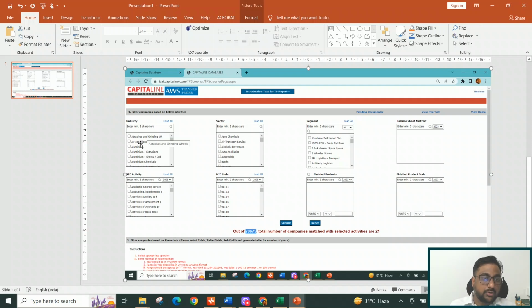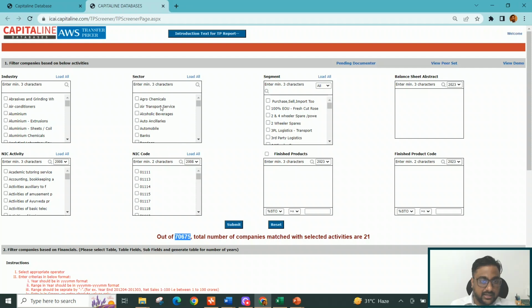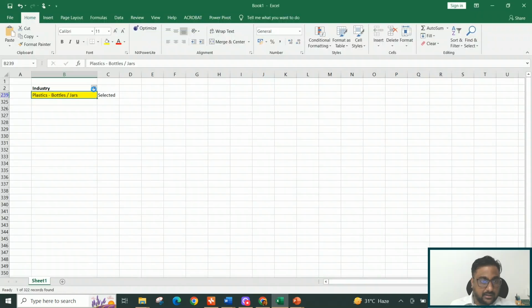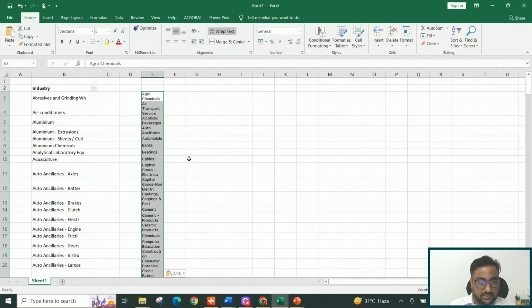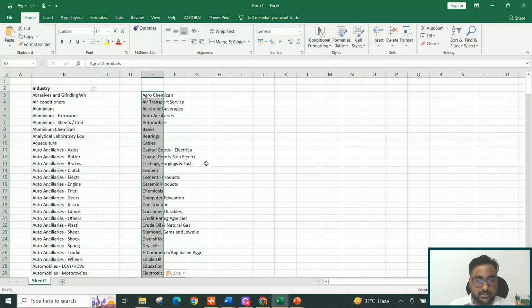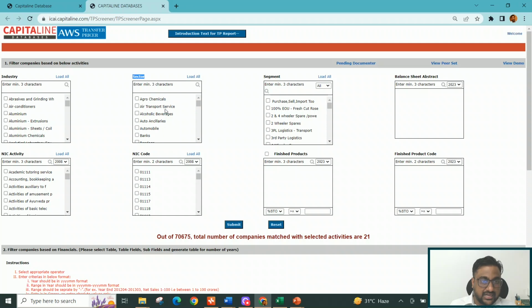right, from that particular module. Now in a similar manner, I will again go here to sector. I will select all the keywords, right? If I do Ctrl+A, no, it will not work. So I'll have to select from here till here, and then again I'll go to the Excel file. Here I have already selected. Now I'll unfilter that, and then afterwards I will copy paste the other things in the other manner, like this. So I'll copy paste that, and this is the sector from which I am required to select the keywords,